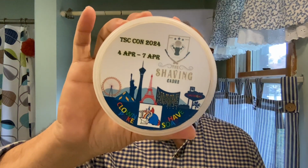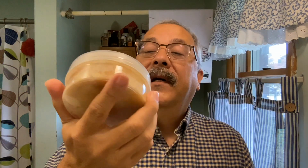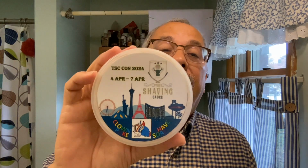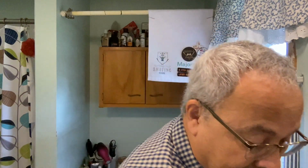Today's shave, we'll be using something I've mentioned in a couple of soaps, is Clown Puke. This is one made by a very dear friend of mine, Spider, made this for us for the TSC conference in Las Vegas this year. I didn't get to go, our basement flooded, but they sent me the puck here. And what Clown Puke is, I touched on it, but